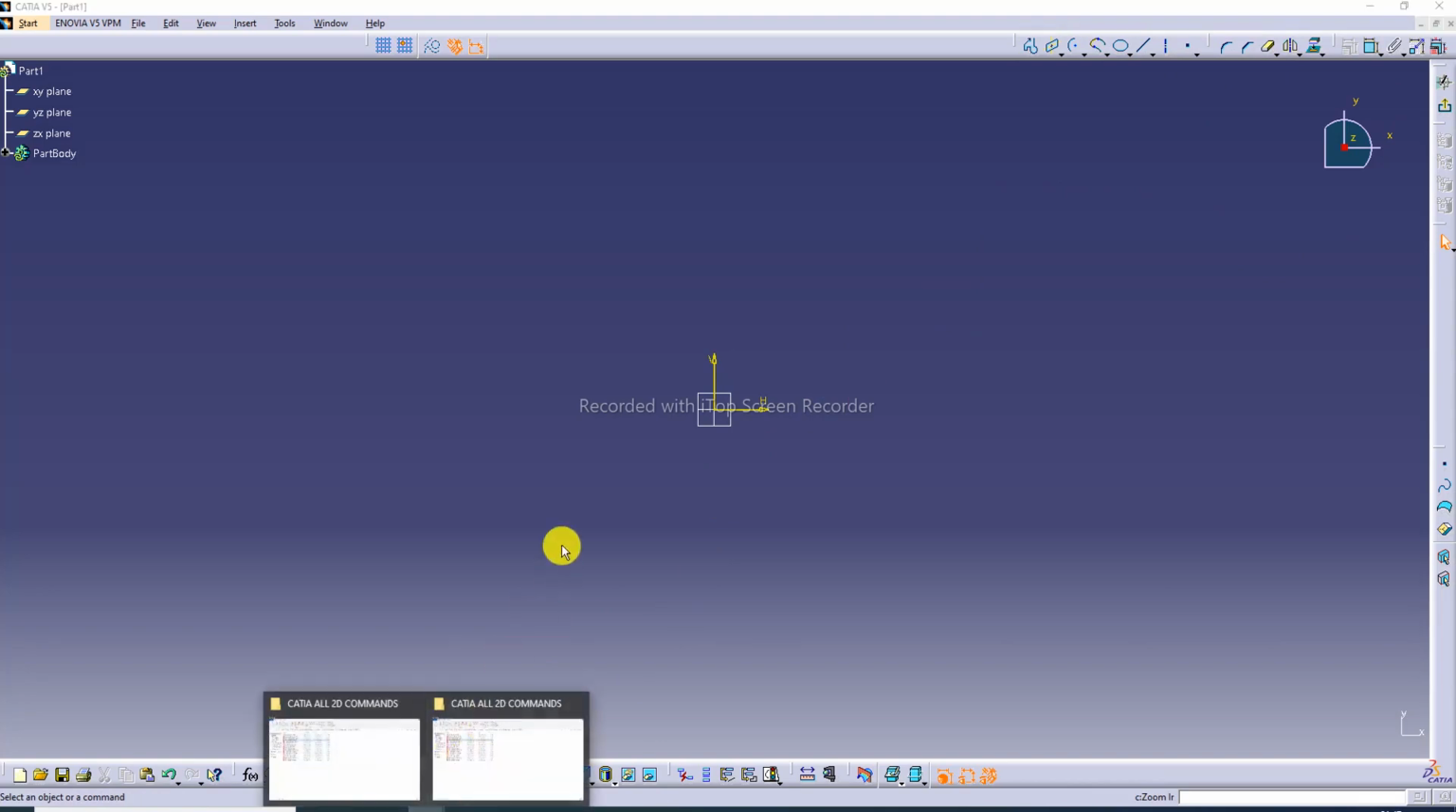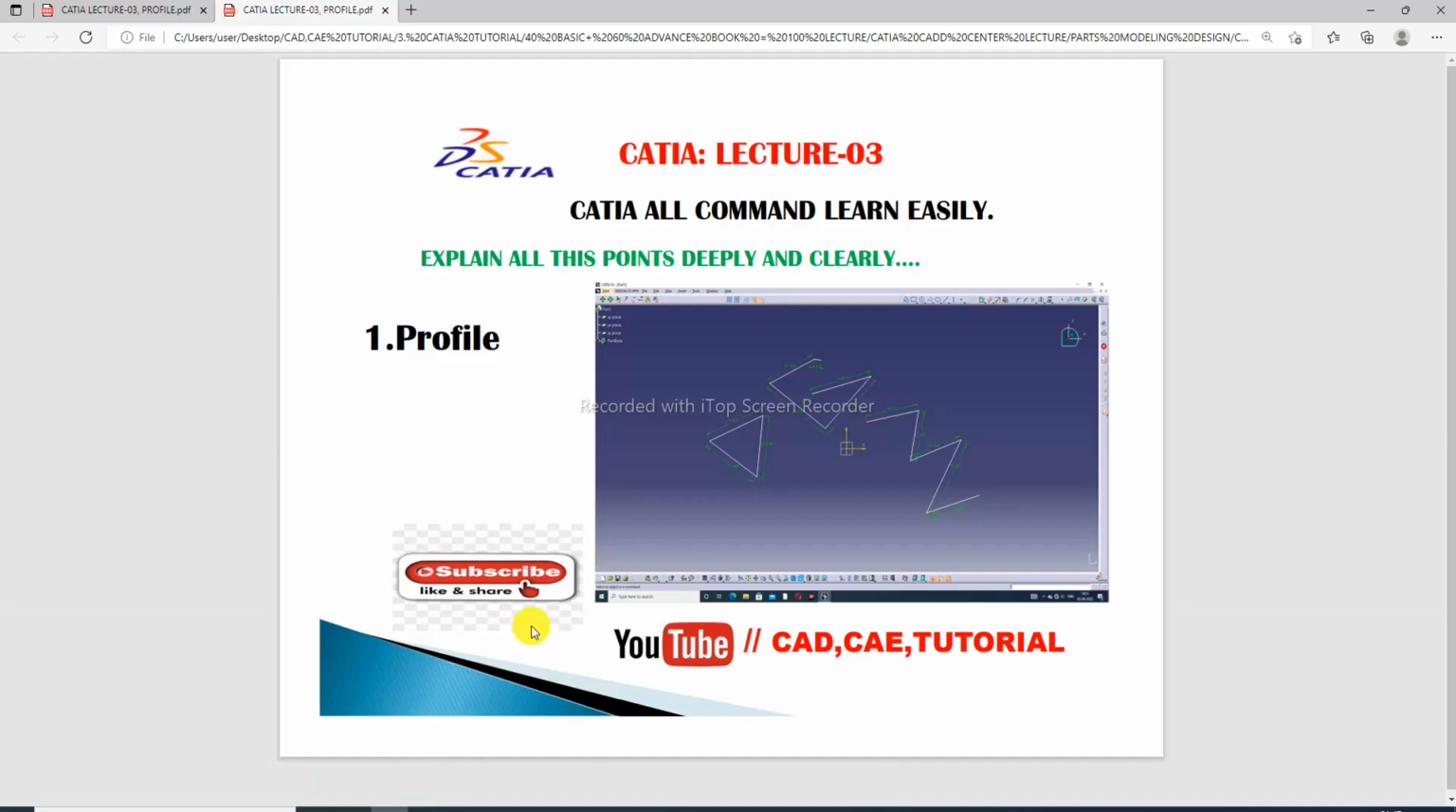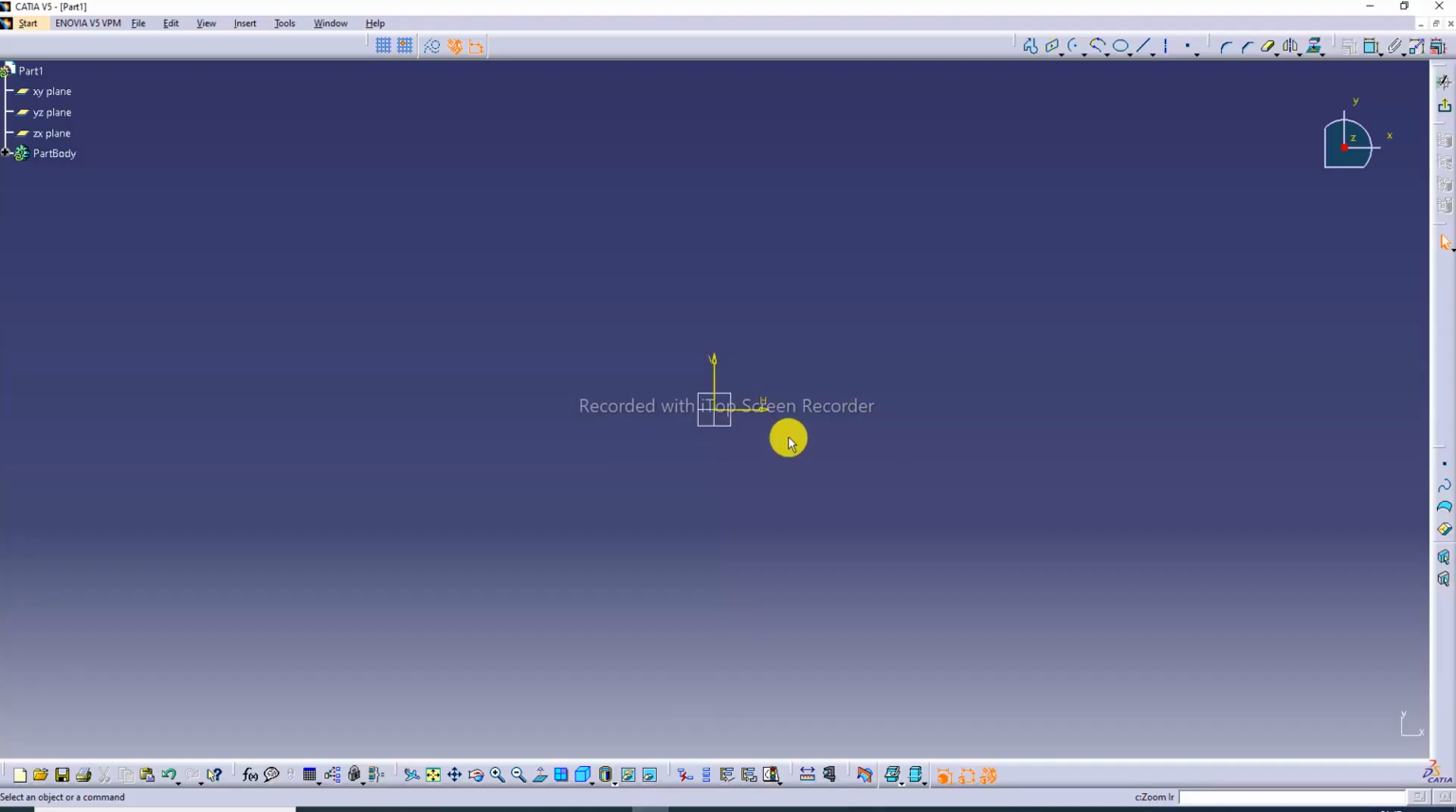we discuss the profile. Okay, CATIA lecture 3, today we discuss the profile. This is the profile command. Drag here. Okay, we will discuss it one by one. First is the profile